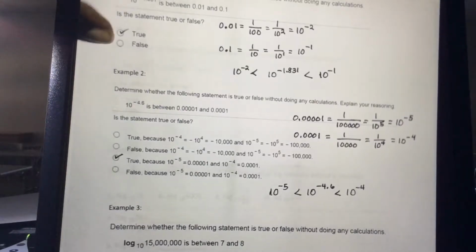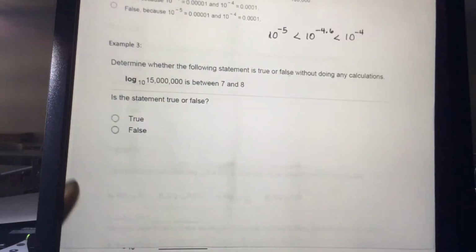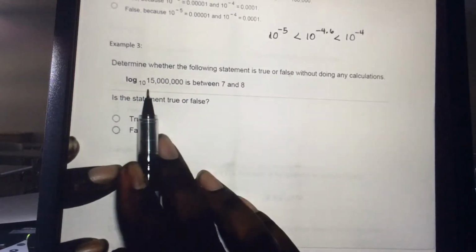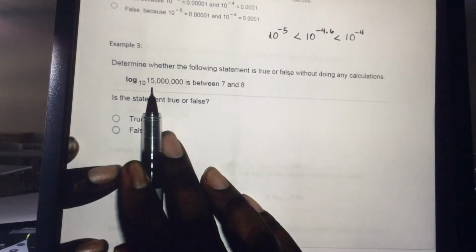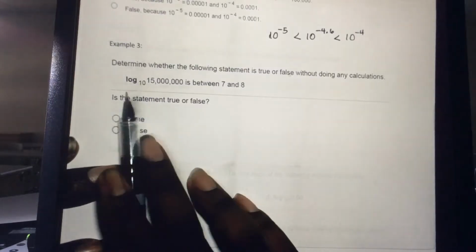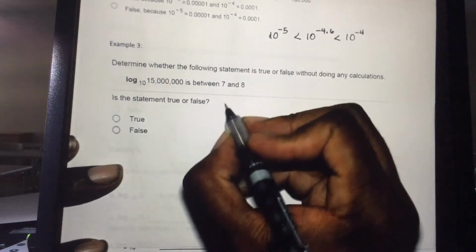Okay. Now let's look at example 3 that deals with the logarithm. The log to the base 10 of 15 million is between 7 and 8. Okay. Let's see how we're going to do this one. We have to find 2 numbers that are powers of 10, one less than 15 million and one greater than 15 million. Okay? Here I know 15 million